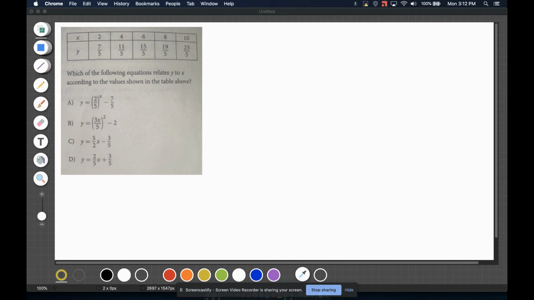All right, so what we're looking at here is we have a table, right? Anytime you see a table and it's asking what equation, what you need to think is functions, okay? Because we learn about different functions. It's a big part of 10th grade, 11th grade math for sure. And it's a big part of the SAT is just applying different functions and patterns to the equations that go